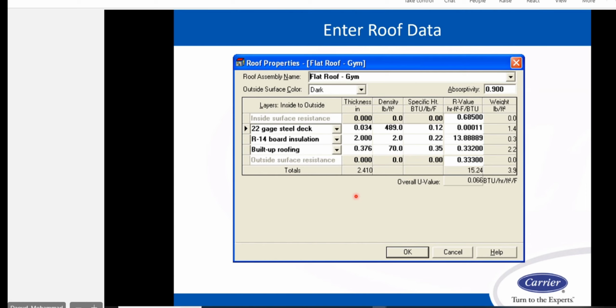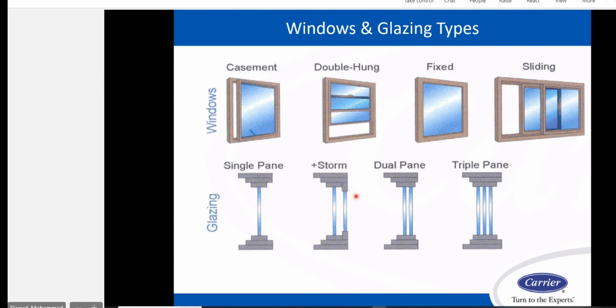Roof is considered an external wall also. The same for the flat roof, for example: enter the details of that roof to calculate the overall U value. Windows, for the windows, it has